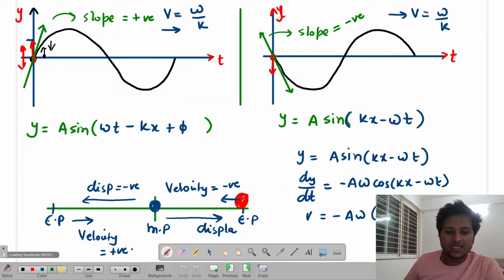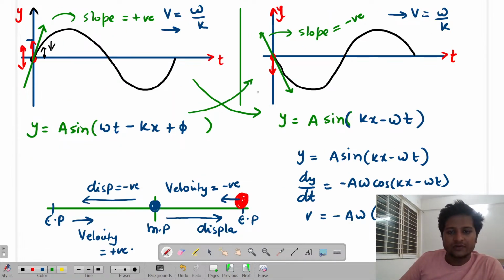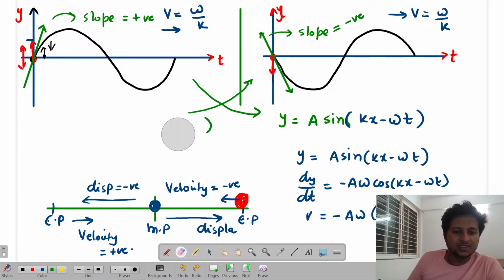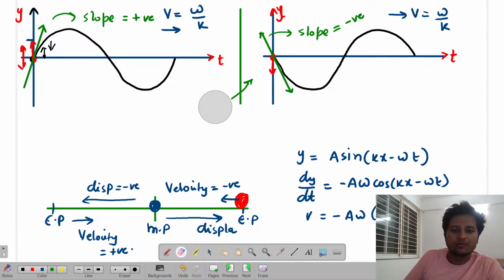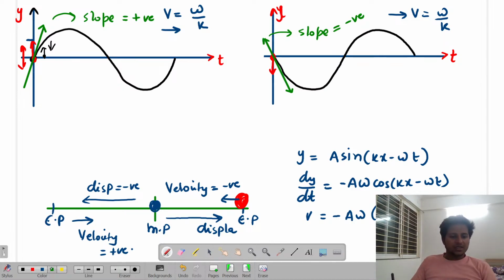Okay, so basically we interchange the relation, because this equation says that whenever the particle is moving upwards, then at that time the particle's velocity is negative. So that's why we bring this equation for this graph, not for this graph. And that's the reason the wave equation was interchanged and y(t) is written as a sine